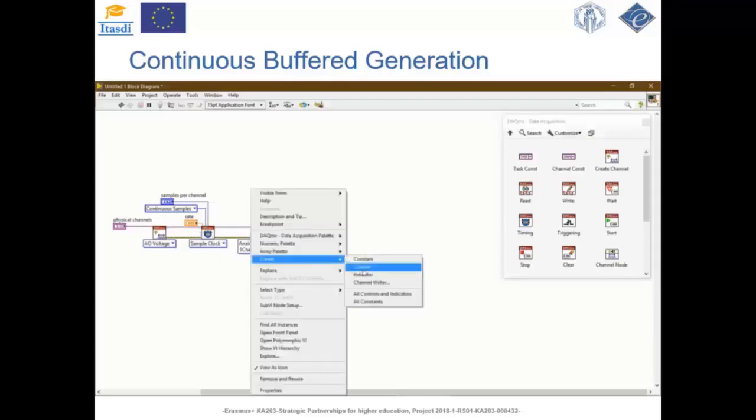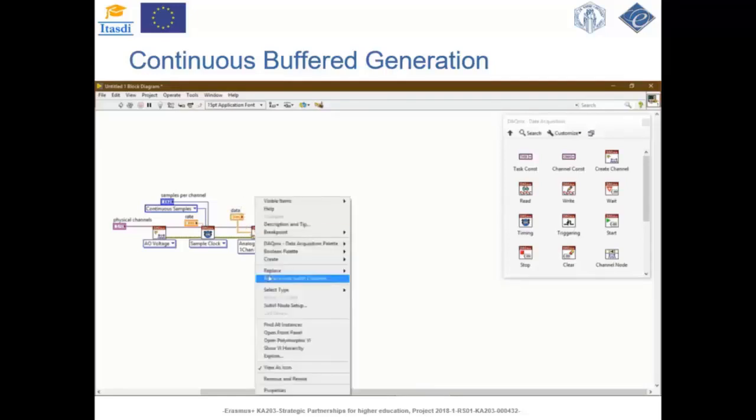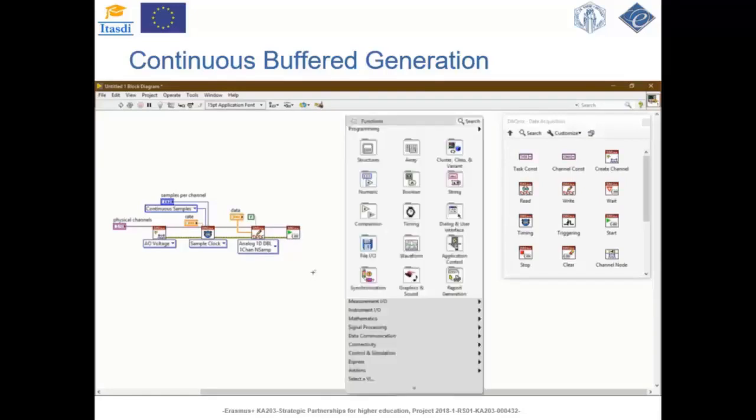We're going to create the data array control. That's the data we want to output. And we're going to place the start task VI, as we've already seen. And the final step of this technique